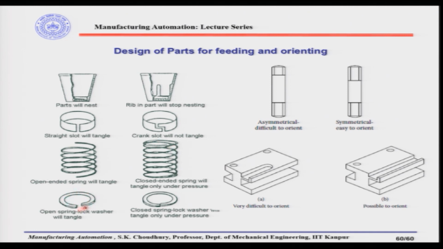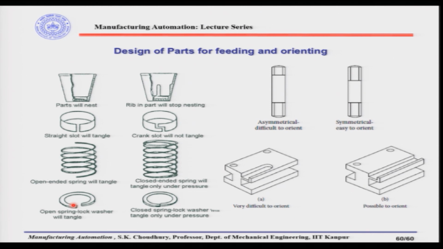Here there is an example of an open spring lock washer, and that can be closed, for example. Now, one may ask that if this is the open spring lock washer and we close it, then the spring lock washer's functioning will be affected. This will not, because you can see that this is not exactly flat, but it will still have the springy action, so that it can still work as a spring lock washer. The only thing is that it will not be open here, so that they are not entangled with each other.